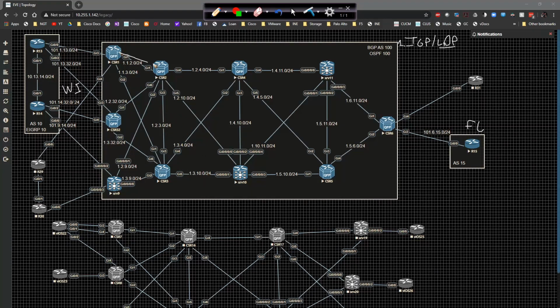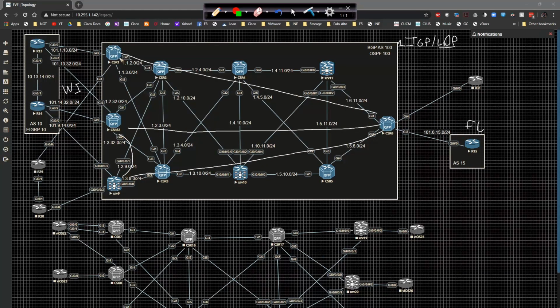We're going to have a connection here, a connection here, and a connection here. To all these guys, a connection here, and a connection here. That's a full mesh of connectivity. Basically, LDP's main job is to build a label forwarded path so that CSR1 knows how to reach CSR6